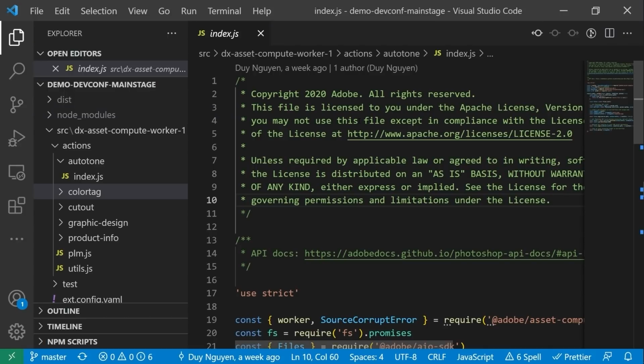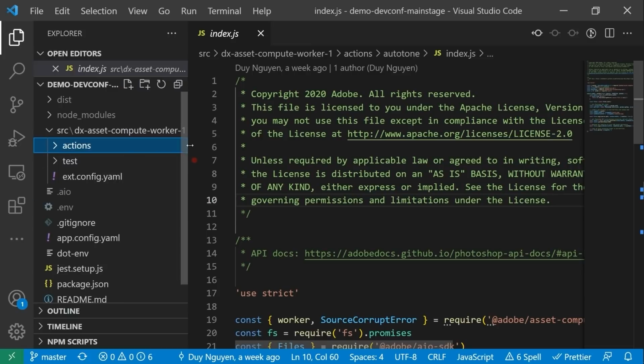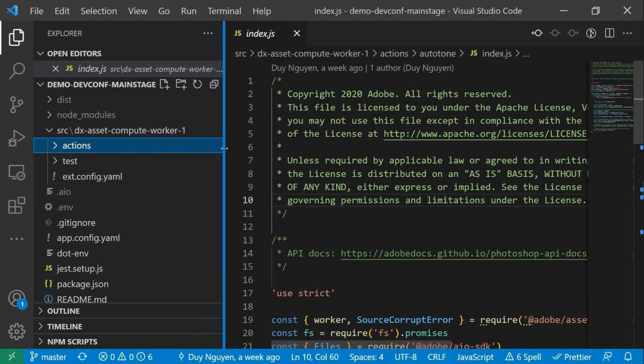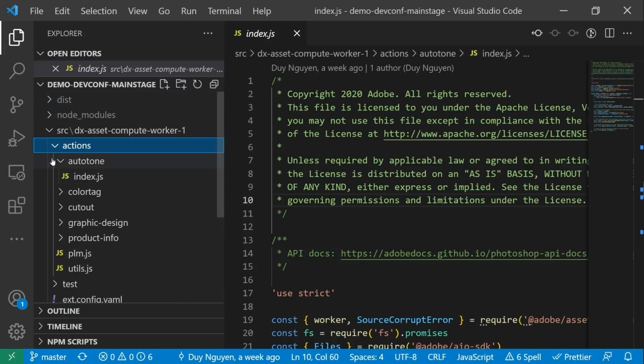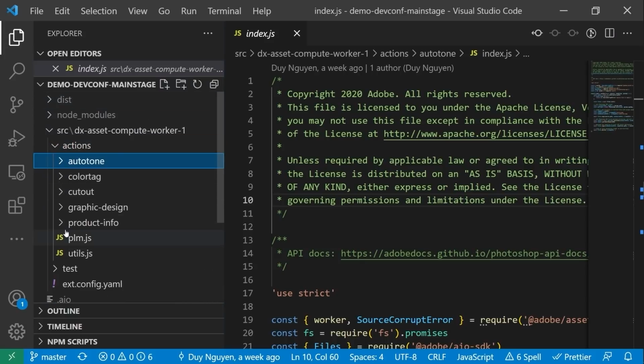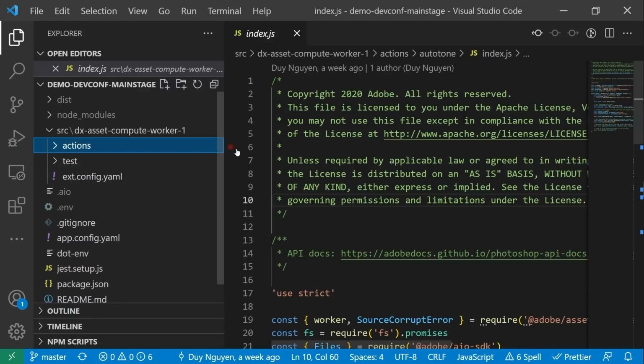So here's the App Builder project that is our custom asset workers. If you look here, you can tell that this is a custom asset compute worker extension, right? And what Dewey's done in here is he's added a number of actions that will fulfill the customer's request, right? These are custom. In this one project, we're going to have 1, 2, 3, 4, 5 different custom workers. And to take a peek at these and what it takes code-wise, if you want to look at the whole project,